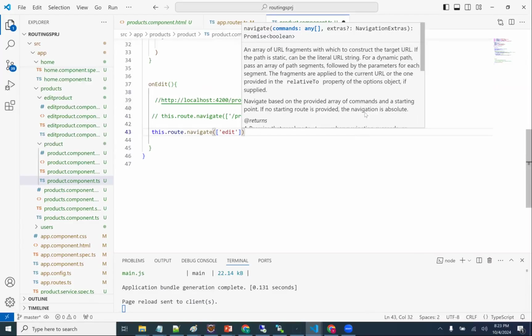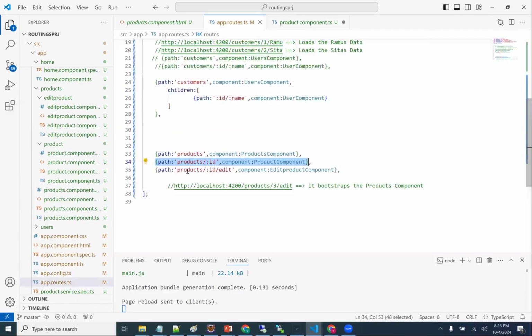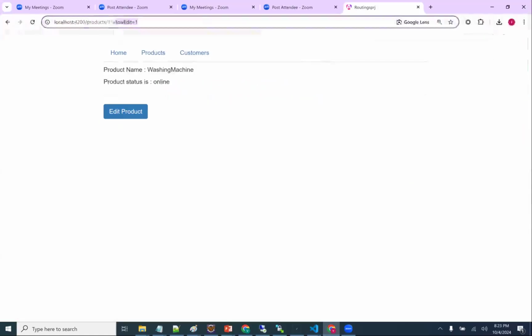I'm going to use a relative path. Slash means absolute path, right? Because I'm already in the products page, from the products page I can go to edit. The full path is product slash ID slash edit. Currently, I'm at product slash 1. After that, edit only.